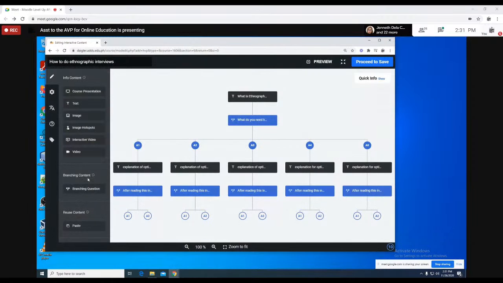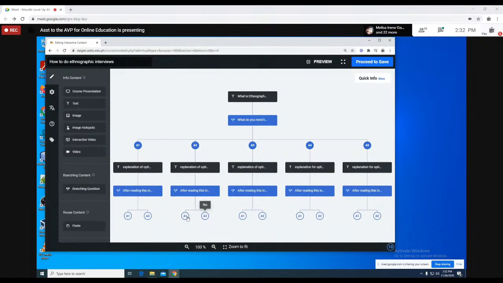So, dito po, kanina, di ba, pipili sila para tingnan lang nila kung ano yung explanation for each of these options. But the next branching question is for them to determine which of this, A1, A2, A3, A4, A5, is the first step, should be the first step that they should take. So clearly, dito po sa ating scenario, ang correct answer dapat itong define target interviewee audience. So what we will do is,